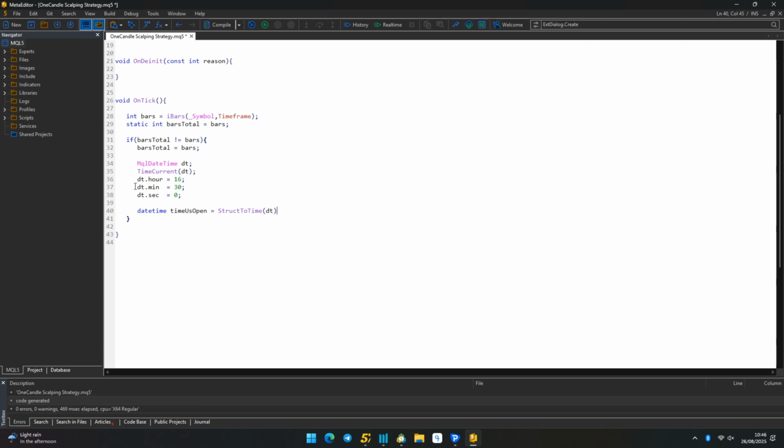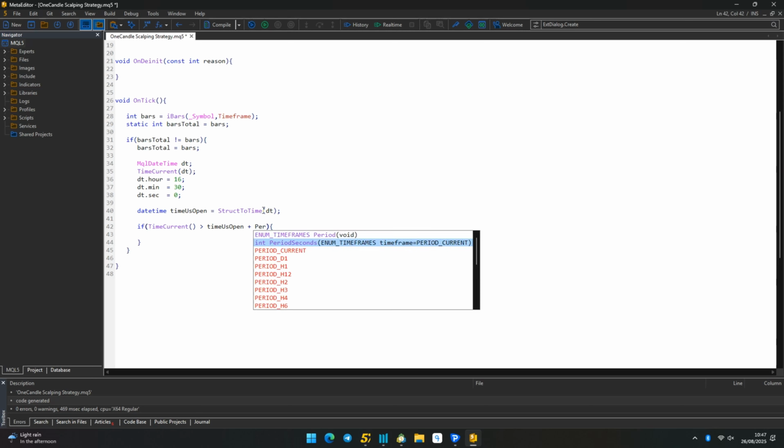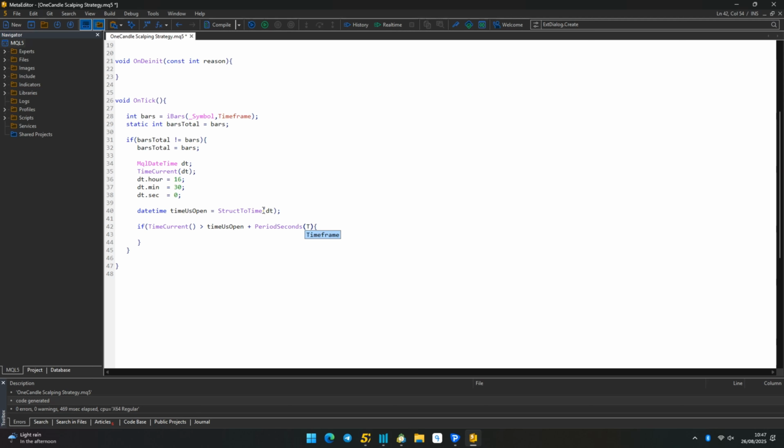Then we can use this datetime structure, and then we can check if the current time is greater than the US open time. So once this is true, we want to check if time current is greater than time US open, plus period seconds, plus the seconds of the current time frame that we use for the strategy. When this is true, it means that the current time is greater than 16:45, because in the time frame variable by default we use the M15 time frame. So if the current time of day is later than 16:45, we want to calculate the high and the low